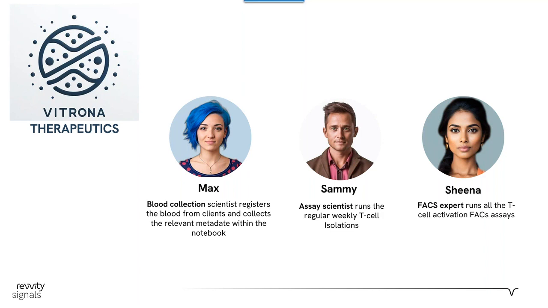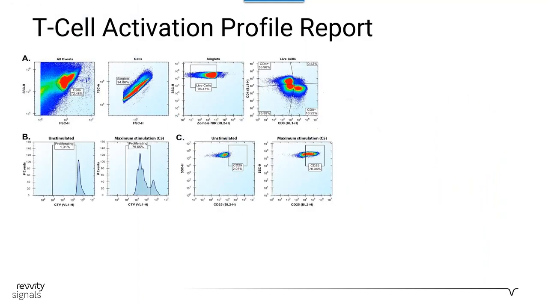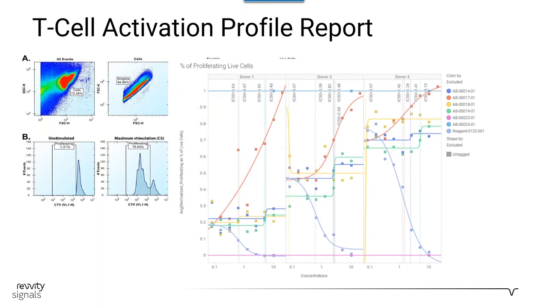So before we jump into everything, I always like to start with the end first so you can see where we're going. Here we're seeing the primary data set of gating cell populations via FACS. And this is a great way to verify that the experiment and the T cell are the populations that we are interested in screening. However, what we really are after is to look at the activation profile of each population of T cells from these patients. And so on the right here is actually data from